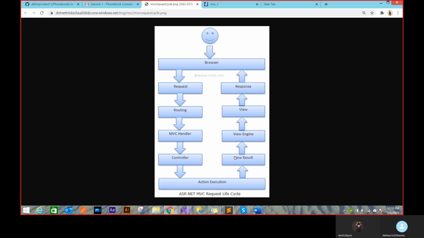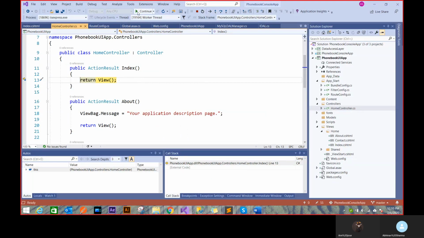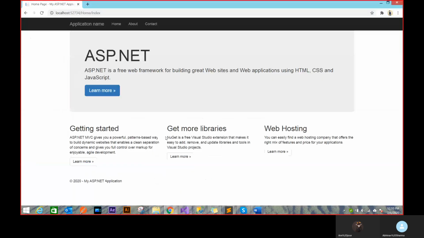I just know that if I return my view, it's going to give back the right HTML. I don't worry about these guys and these guys, and that's a good thing. I can just code and I can leave everything to the framework. So if I just do this, it's going to give back the view, and finally I'll get the HTML out.